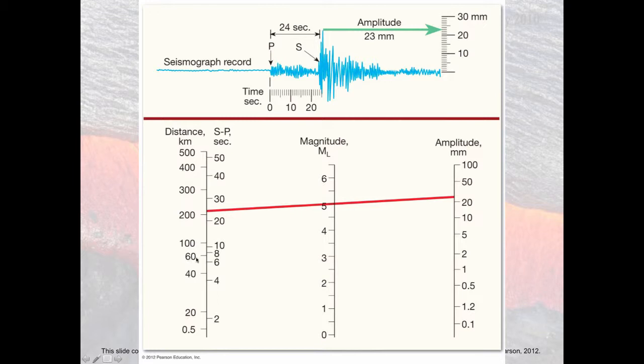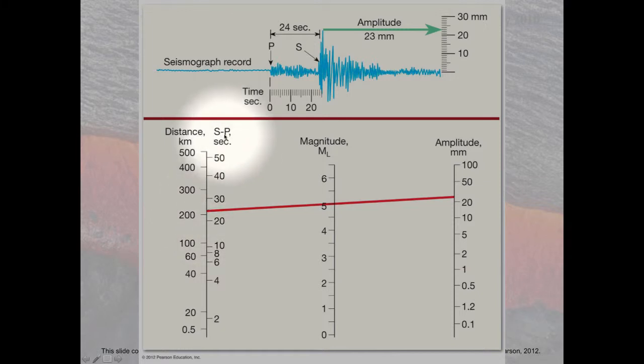Now, calculating a Richter magnitude, or a magnitude on the Richter scale, is a little bit different. The energy released at the earthquake point diminishes as it radiates outward, that's for sure. And so at any point in time, a seismogram can be used to calculate a Richter magnitude by knowing the distance from the earthquake, or the S-P wave travel time difference. It calculates a magnitude by looking at the amplitude of the actual S waves as they come through.